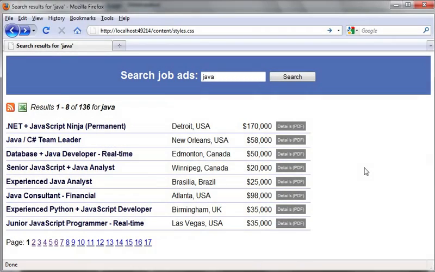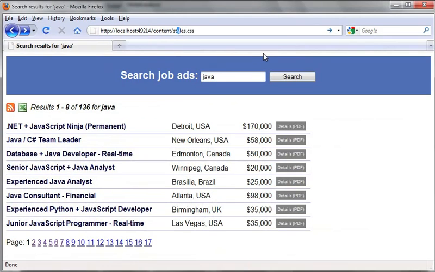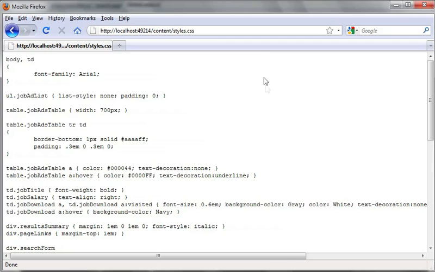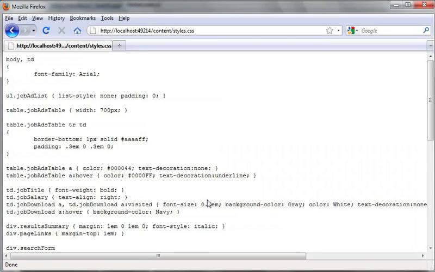Let's think about how the routing system relates to physical files on disk. To illustrate this, look at this URL, content/styles.css. If I request this URL, it brings back the style sheet at that location. Well, that's nothing very special, you might think. But just hang on a minute. Why doesn't this get mapped to a controller called content and an action method called styles.css? It does seem like it should match this routing entry, content/styles.css and ID being optional. And since there is no controller called content controller, you might expect it to give an error message. But it didn't, it returned the CSS file.